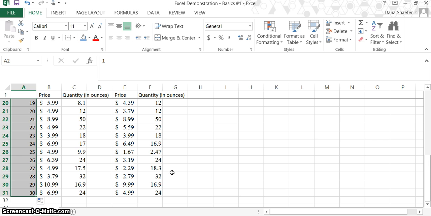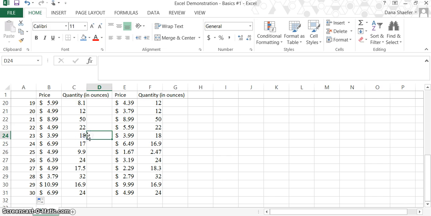So that's called indexing. And indexing can be used if you wanted to go up by 2s, you would put in a 2 and then a 4. If you wanted to go up by 5s, you might go 5 and 10. So you just have to start the incrementation, and then Excel knows by the pattern you created how you want it to index. You could index dates if you wanted to put dates in there and do the first 30 days of a month or whatever. And so indexing is what we use to label each one of these. So now I know that item number 24 is